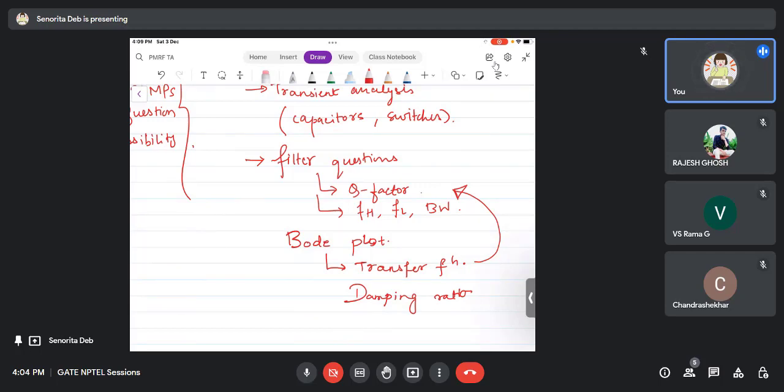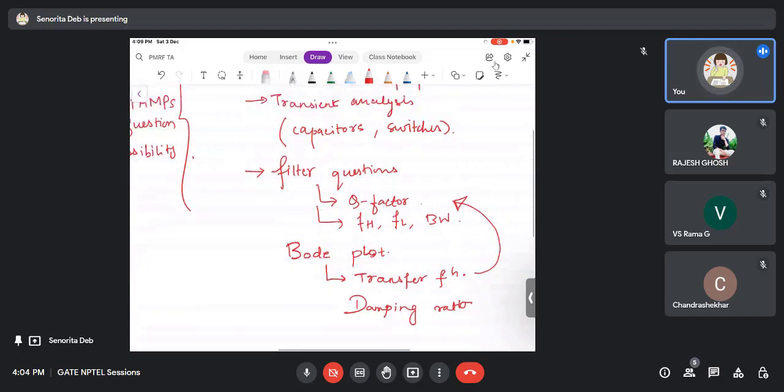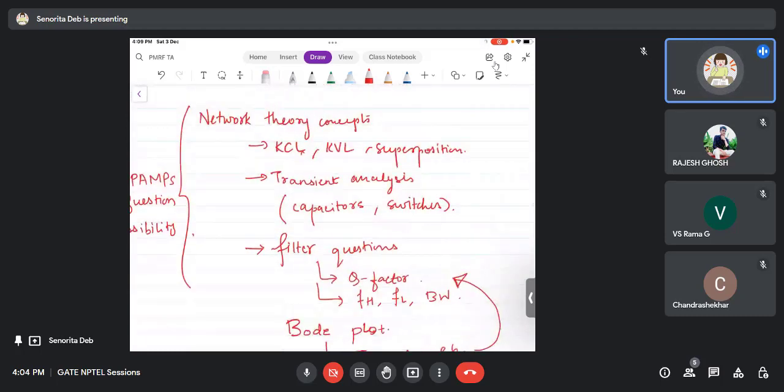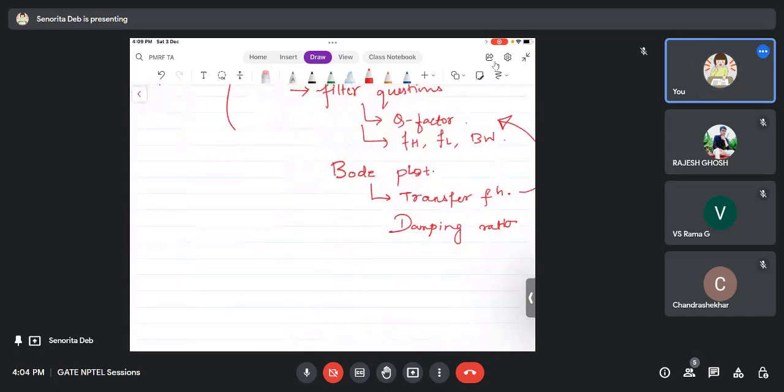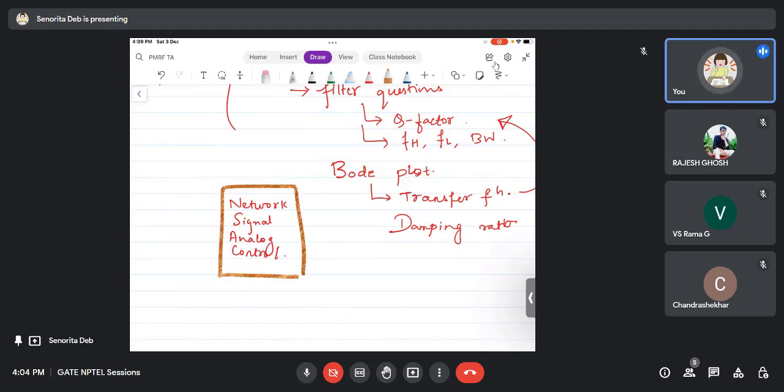So if you want to solve one question, you need a conceptual idea of at least three subjects: network, signal, analog, and control are clubbed together. It's easier to frame questions which seek the knowledge of these four. You need to take Laplace transforms in the question,